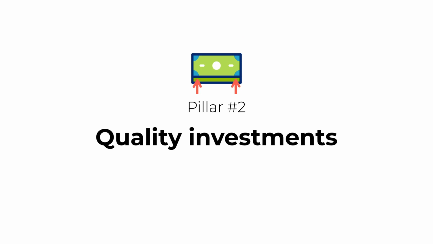The second pillar is making quality investments. There's no point in spreading your eggs across different baskets if they're all rotten to start with, right? One of the downsides of diversification is that it's very easy to use it as an excuse to place a bunch of bad bets that will lead nowhere in 90% of cases. The best way to diversify is to do it by only investing in companies that match this criteria: limited debt and